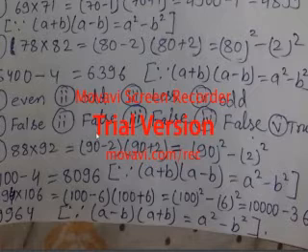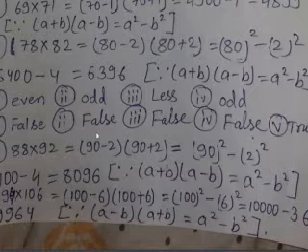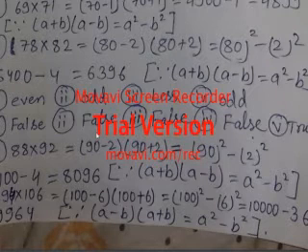In the same way, in question number 3 it has been said the sum of two perfect squares is a perfect square. When we add two perfect squares, it should become a perfect square only. That is also wrong. Why? I will tell you the example. 2 square is 4 and 3 square is 9. 9 and 4 when added, it is 13. It is not a perfect square. So this is also false.